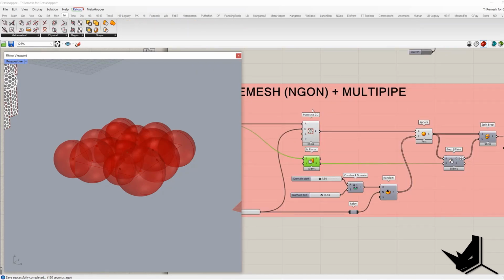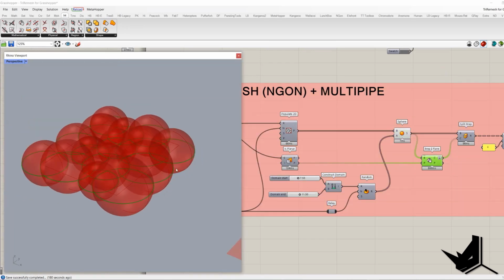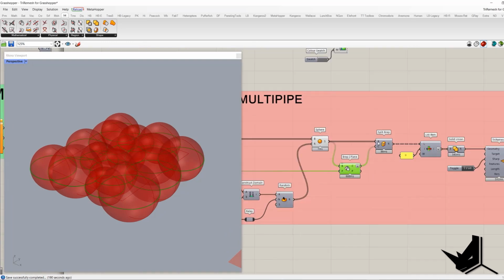In the intersection tab we can generate the intersection of these spheres and this plane. If I turn this on, we get the intersection curves. Once we have the curves, we are going to use them as the cutting shape of the Brep. There is a Split Brep component, and in the B we'll place the spheres, and in the C we'll place these